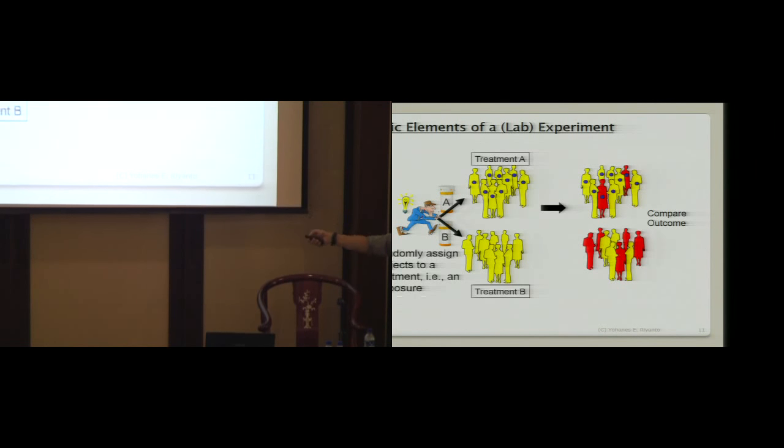So there are two treatments, treatments A and B. That's treatment A, that's treatment B. So this treatment A, this treatment B, there's a group of subjects. The difference is that there is that treatment. Okay, so this is the outcome of that treatment. This is the outcome of that treatment. So this group receive A, this group receive B, and that's the outcome after receiving A, and that's the outcome